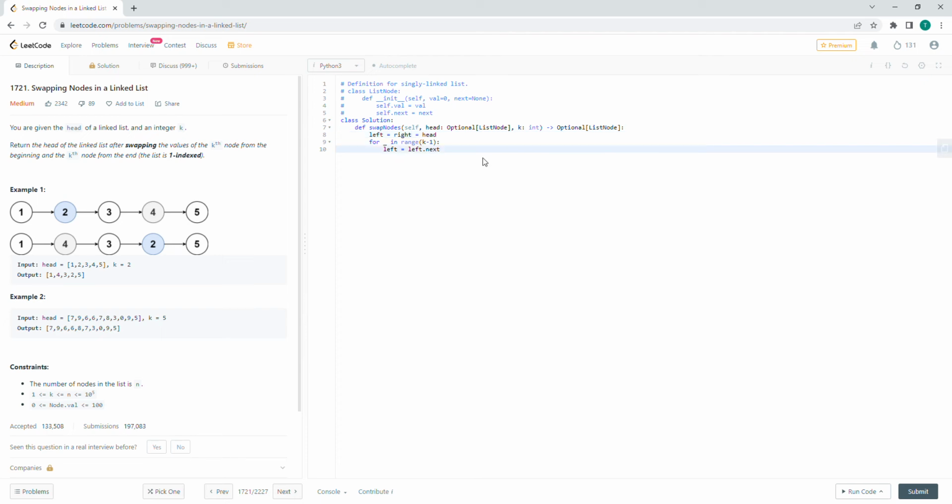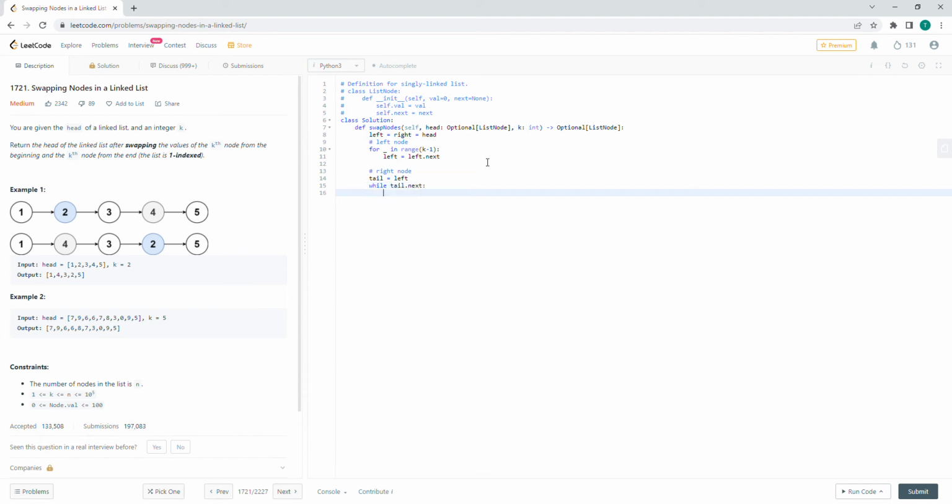Next thing you want to do is find the kth node from the right. So this is for everything on the left. I'll just make some notes here: left node. And now for the right node, what we're going to do is assign a tail node. So we're going to call it tail, and assign it to left, I should say. And then while